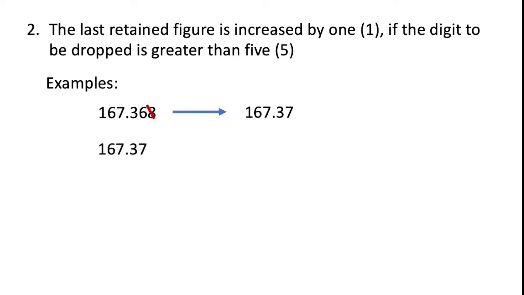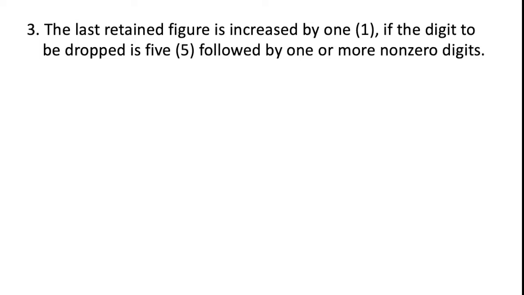Another example is taking this 167.37 and dropping off 7. So again, 7 is greater than 5, and therefore the last retained figure is 167.3, and 3 should be increased by 1. So it becomes 4. So the final result of the rounded off number is 167.4. So that is rule number 2. And for the rule 3,